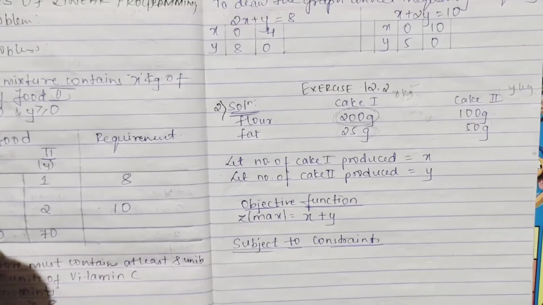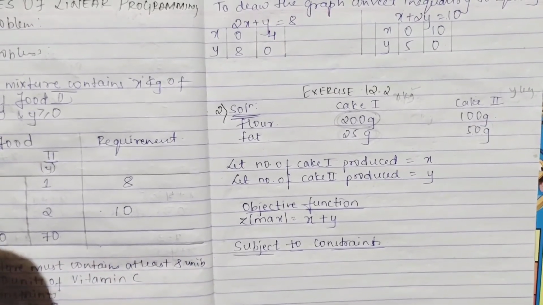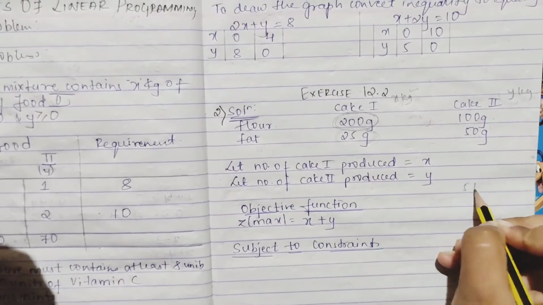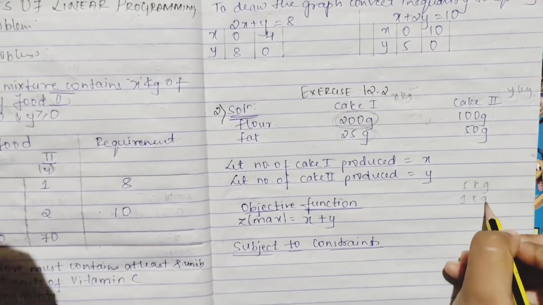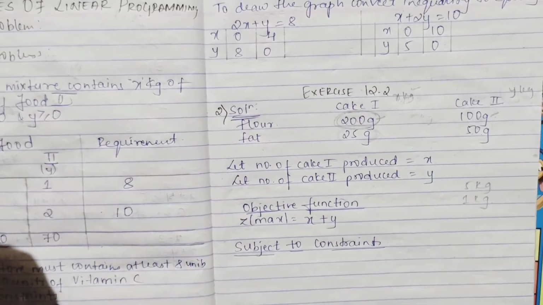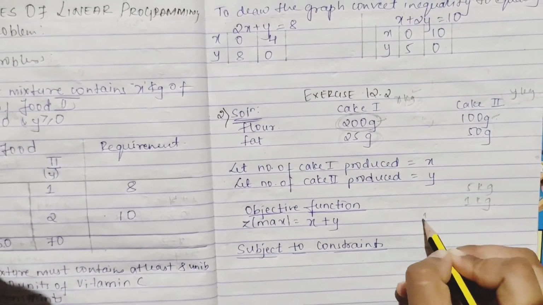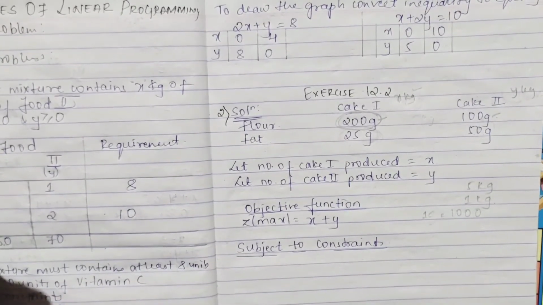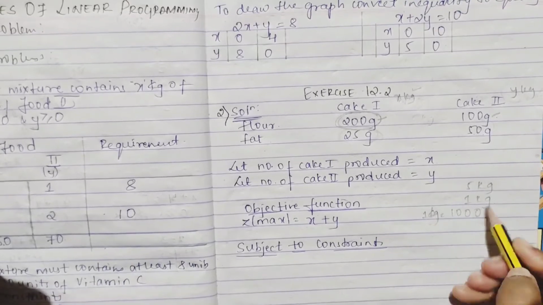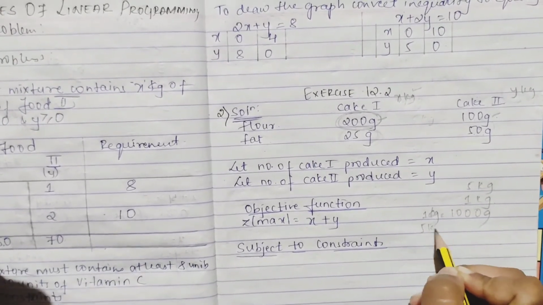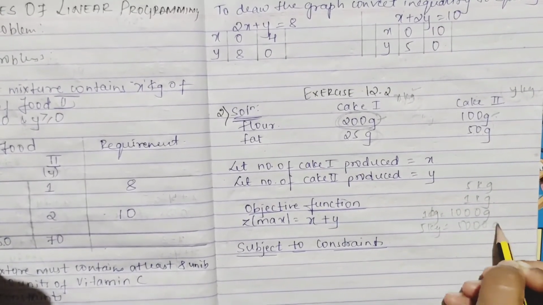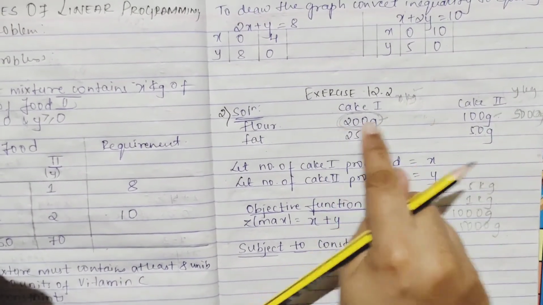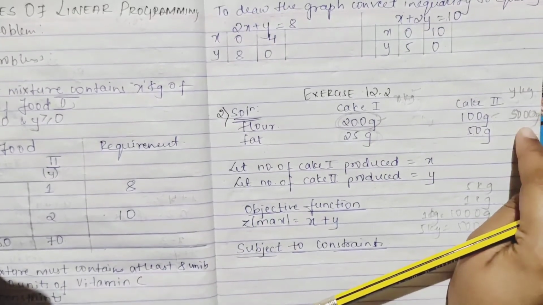Okay. Now here, what have they said? It shouldn't be greater than 5 kg, and this other one is 1 kg. But here the quantities are in grams, so we have to convert to grams, right? 1 kg is equal to 1000 grams. So your 5 kg will be equal to how much? 5000 grams.